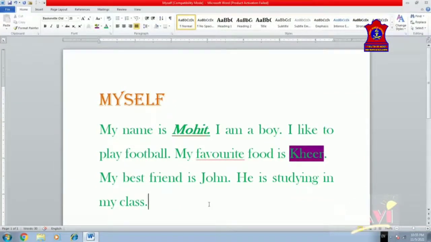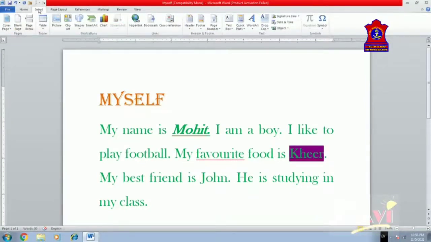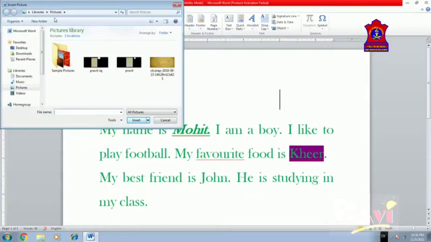So how to insert a picture: click on the location in your document where you want to add a picture. I would like to put the picture here at this part, so I'm just selecting it here. I'm just pressing the tab so that my picture will be added here. Now click on insert tab. So here I'm just clicking on insert tab and click on picture. This will take you to the location where the pictures are stored in a computer.